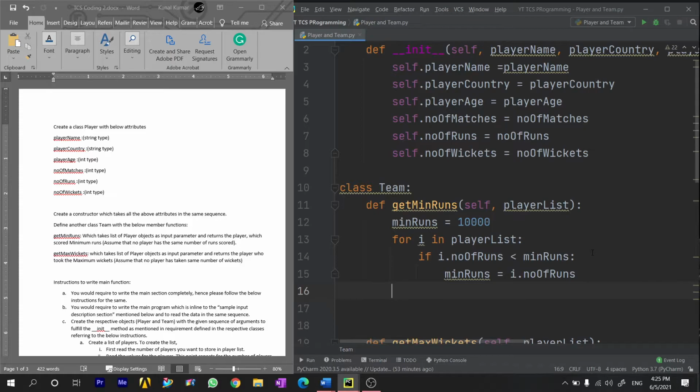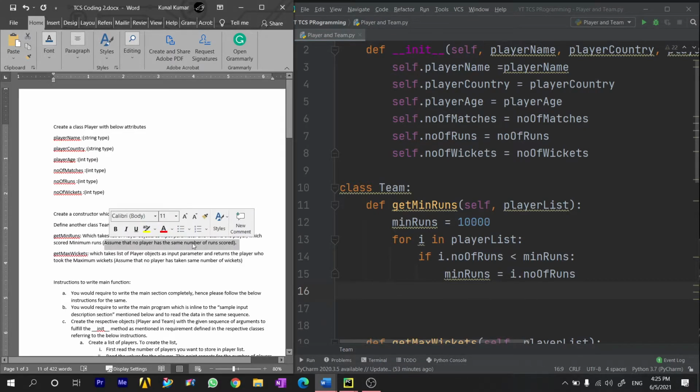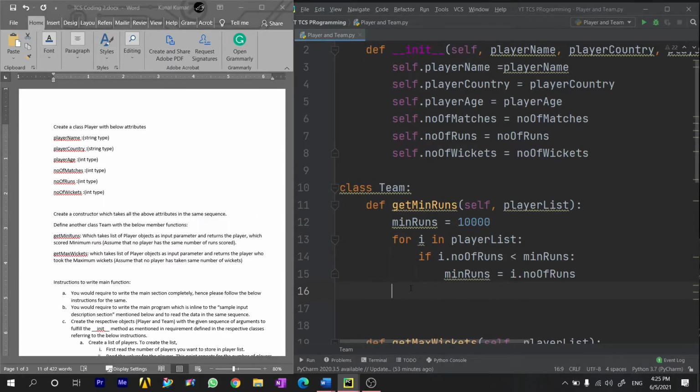So now, since we have assumed that no player has the same number of runs scored, we just need to find the player whose runs is equal to min runs and return their details.